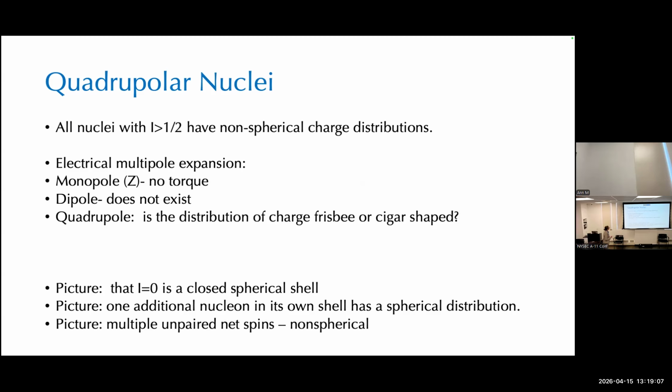We know that we always have an electric monopole, and no magnetic monopole. We know that we always have, for these cases, a magnetic dipole, but there's no electric dipole. There's no electric dipole at any of the nuclei. They don't have this property. So the quadrupole is the first important electric term in the expansion. It's associated with Z itself. You would never have torque. You never care which way you were rotationally oriented. So